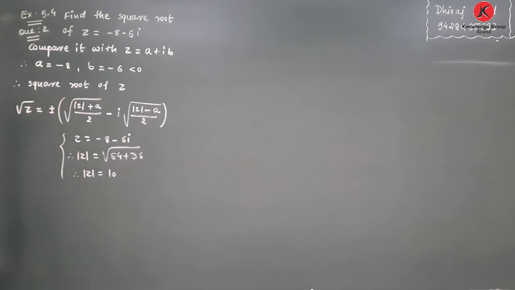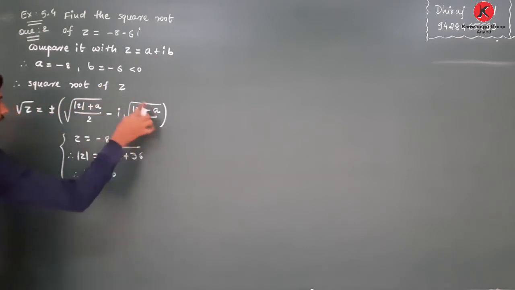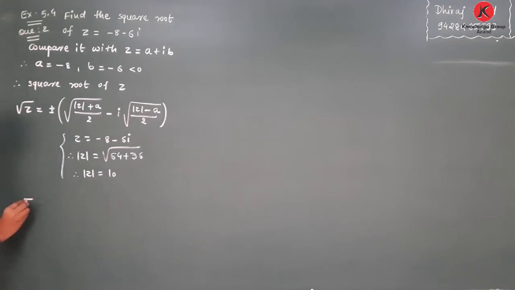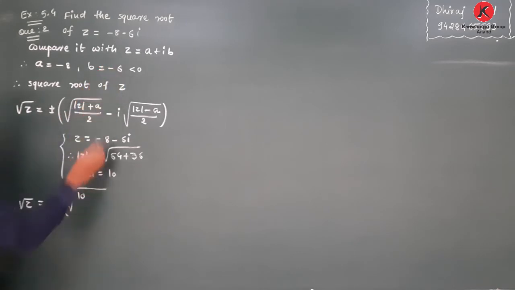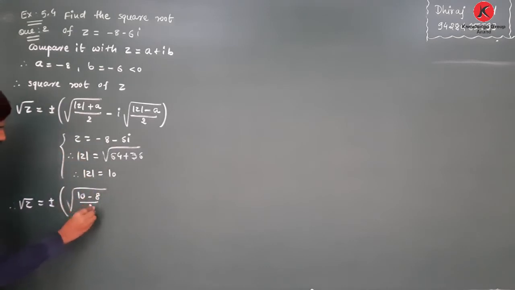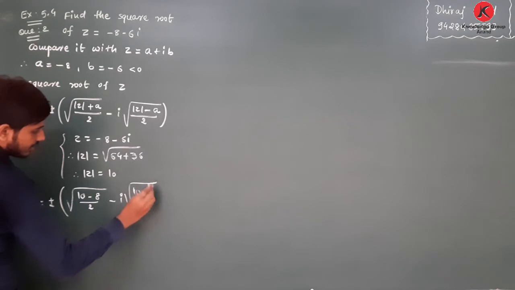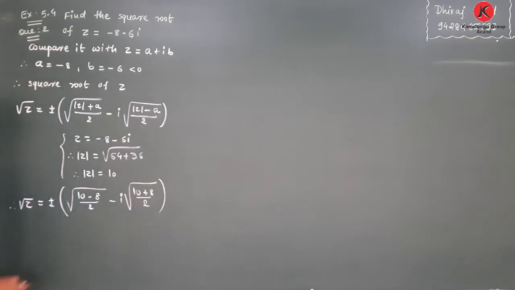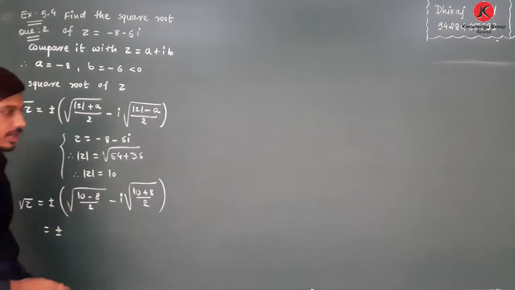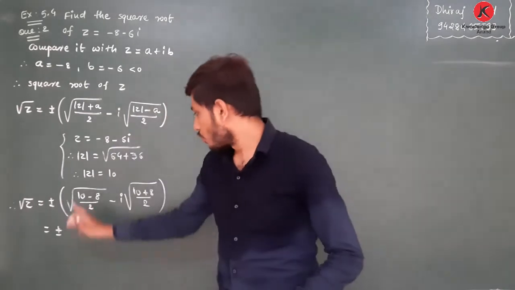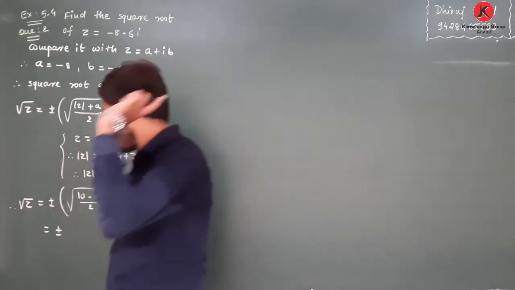Now put the value of modulus of z and a in the formula. Therefore we are getting under root of z equals plus or minus under root of 10 minus 8 divided by 2, minus i under root of 10 plus 8 divided by 2. Clear? Now the simplification: plus or minus, 10 minus 8 equals 2. 2 divided by 2 is 1, and square root of 1